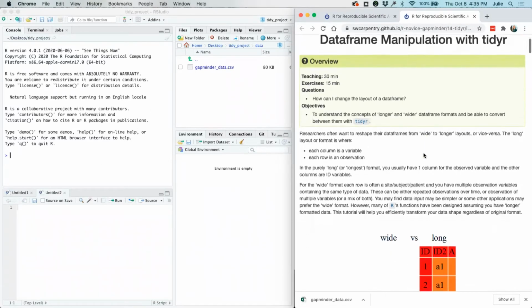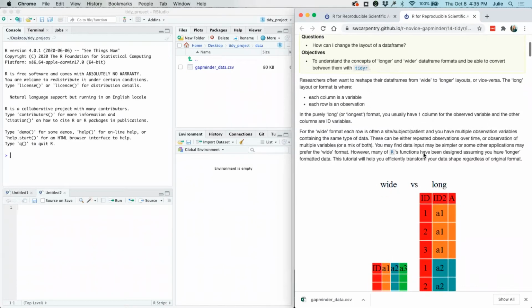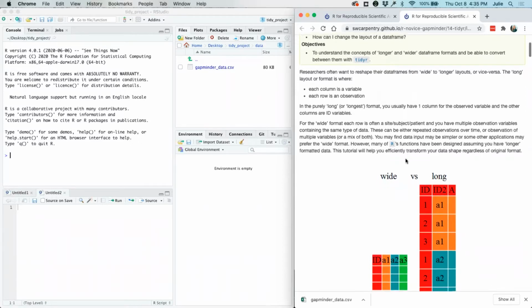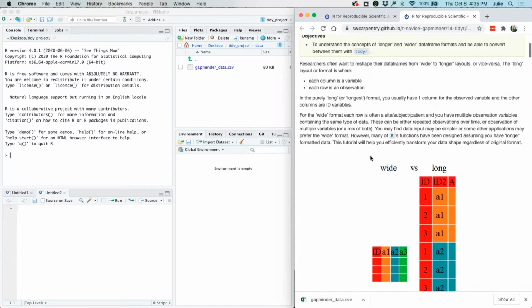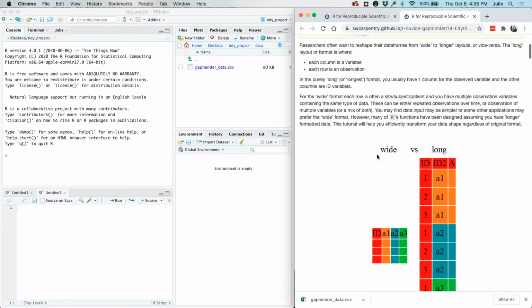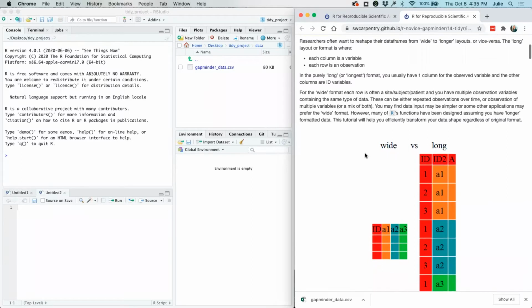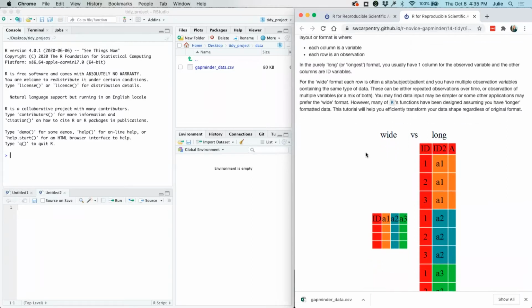So we've already talked about this to understand the concepts of wider and longer data frames. As we saw before, we like the long layout or format because each column is a variable, each row is an observation. So with the purely long format, you have one column for the observed variable, and the other columns are the ID variables.